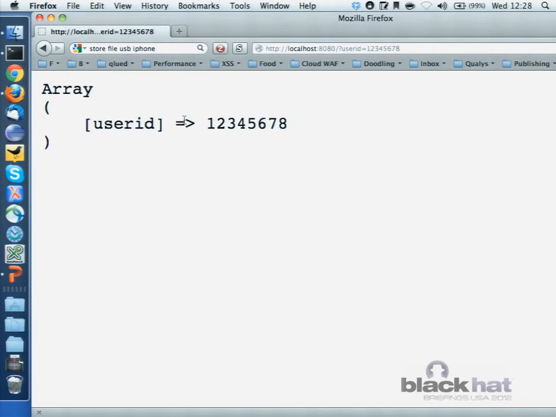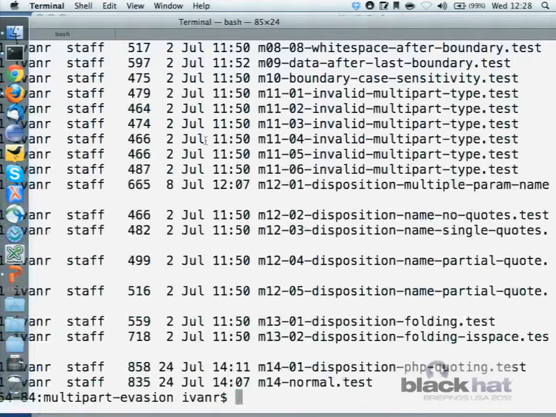In this case I've sent the parameter userID with digits from 1 to 8. I've configured ModSecurity to block any transaction that has the word John in it, case sensitive.